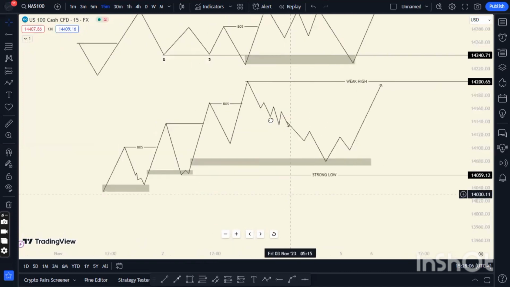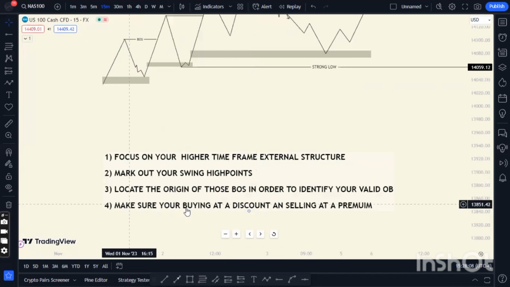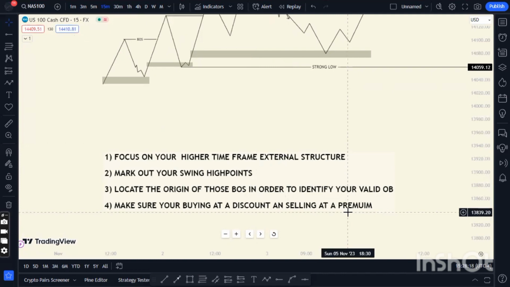So what's our fourth one? Make sure you're buying at a discount and selling at a premium. It is very, very important. You don't go and buy at the 50% level. For instance, let's say you went to the market to get a car. You want to buy Lamborghini, and the price of Lamborghini is 1 million naira. Then when you go to the market,